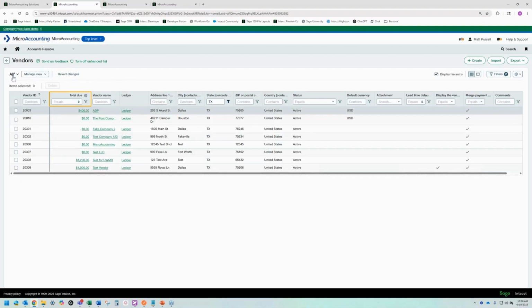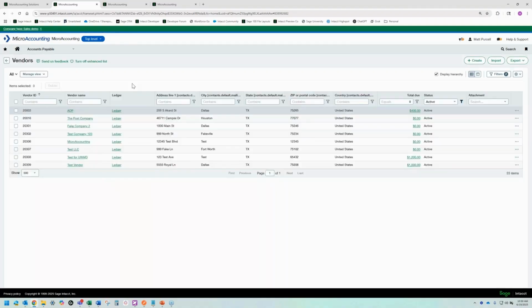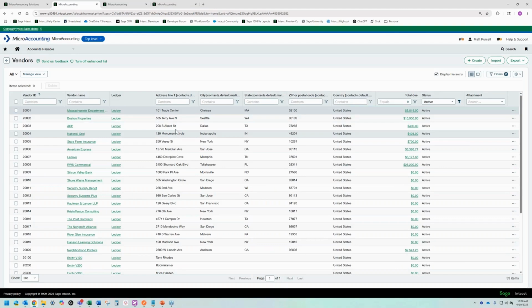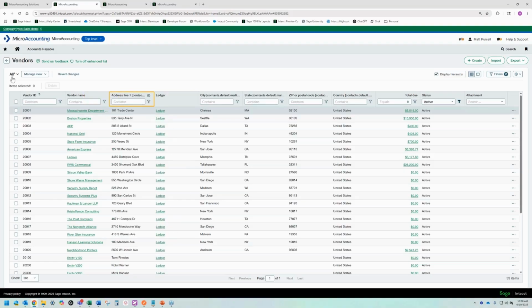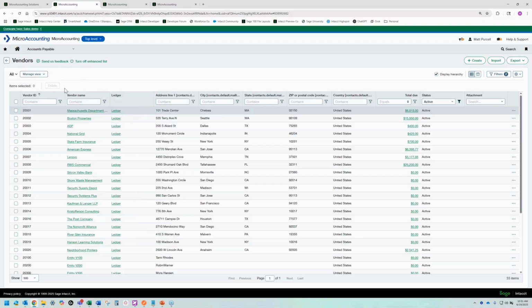If I want to switch back to what the all list view was before I started making edits, I can go over here and click revert changes, and then it'll zip me right back over to my normal all list view. Again, not sure if you guys noticed this one, but if I make a change to this list view, this all up here in this top left corner goes from all without an asterisk to all with an asterisk. Basically it's saying you're using the all list view, but you've made a change to it. That's how you know if you're still using your pre-built custom list view, or if you want to go back to the one that Intacct provides.